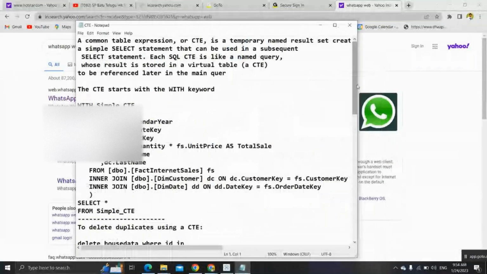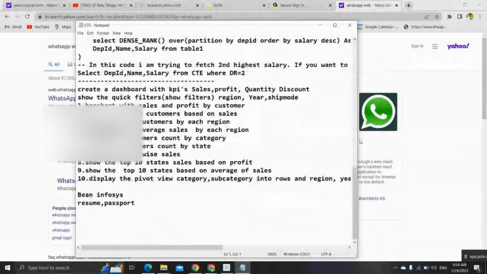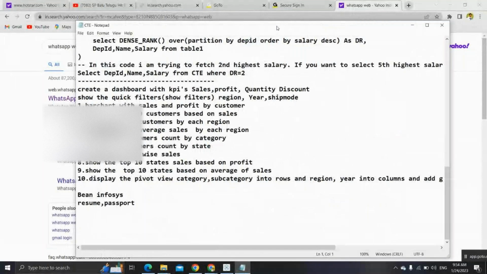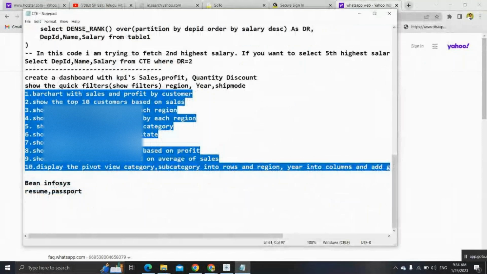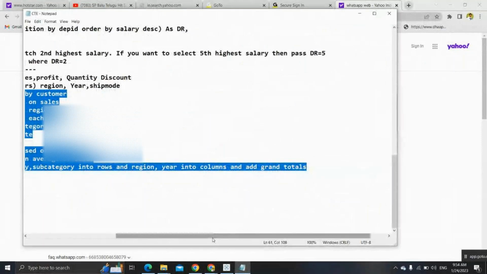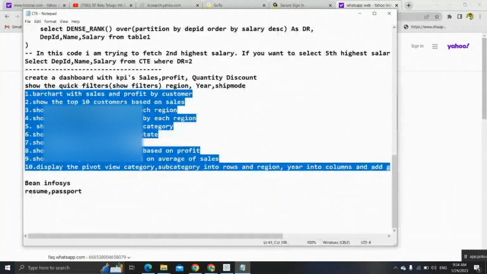Yeah, we can go through these ten things today, not three, sorry. Okay, so we need to create a dashboard with the KPIs of sales, profit, quantity, discount, shown on quick filters. The quick filters should be region, year, ship modes. I want to